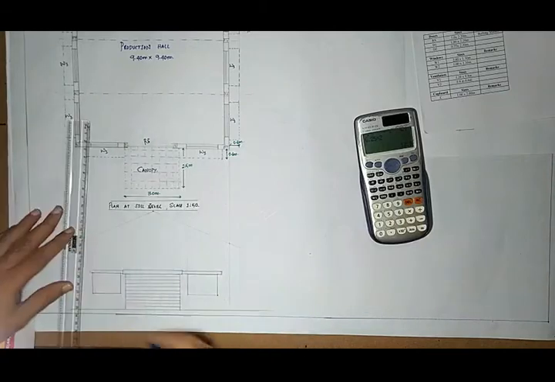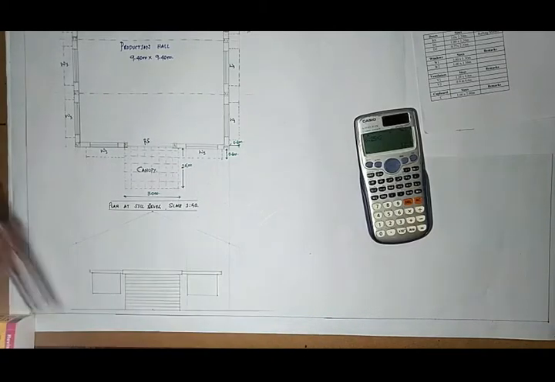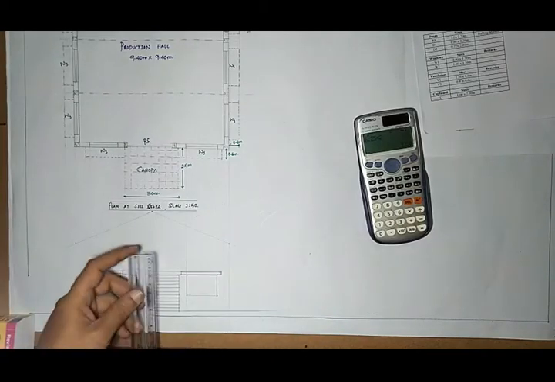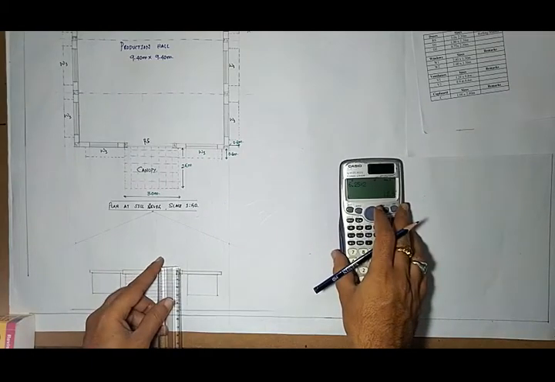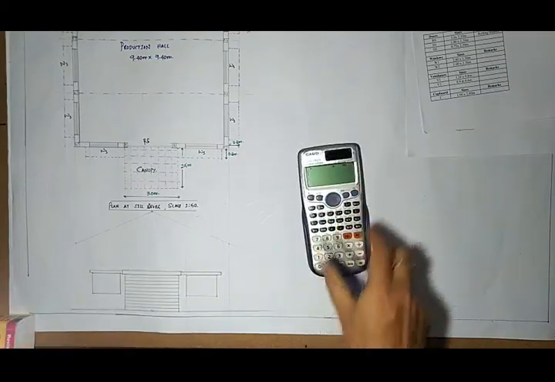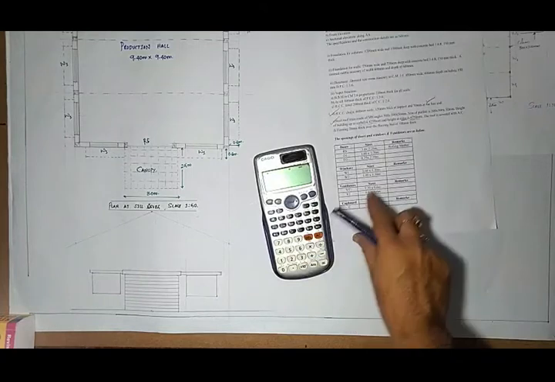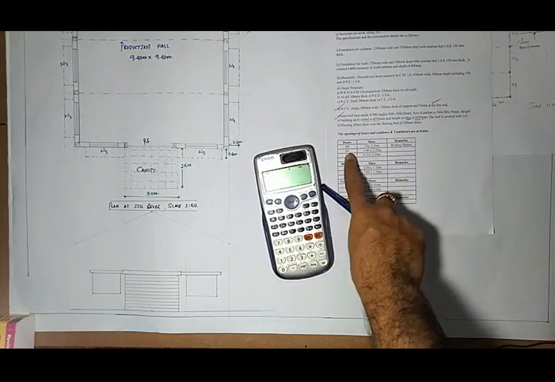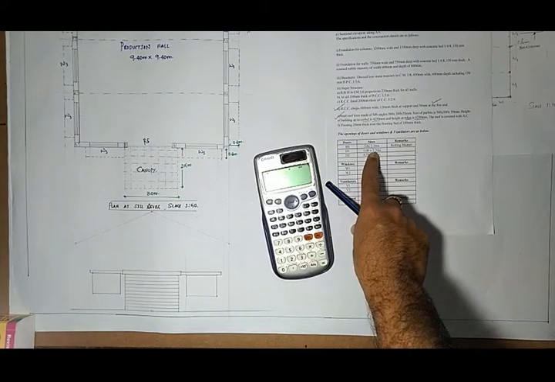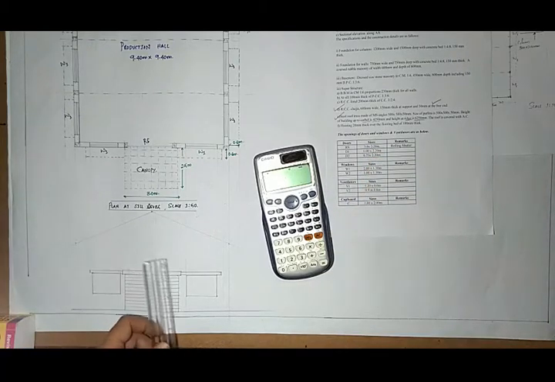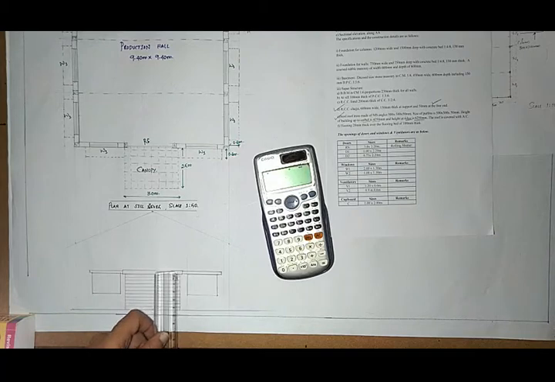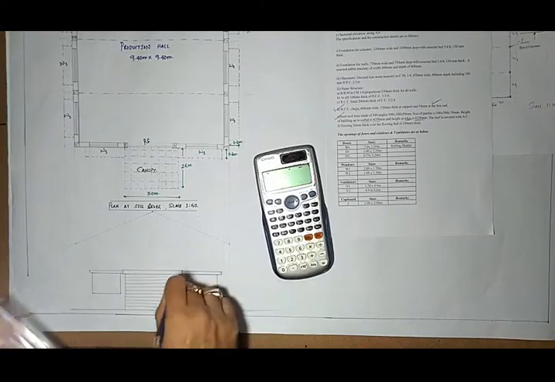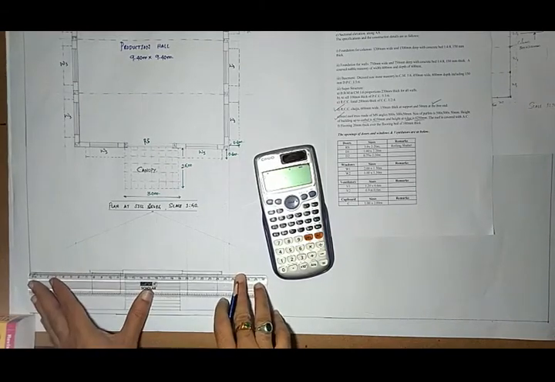So this is the Chejja. What we have to do is, from this end I have to mark the lintel level. The lintel level is at a height of 2.2 meter. It is given. The height of the door will be marked at lintel level, so this height must be 2.2. So 2.2 means 4.4. When you mark this, it will be this one. So this level.